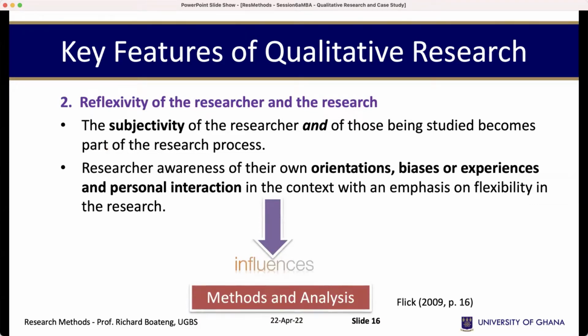Okay. The next thing is that you, the researcher, have to also be aware of your biases. We mentioned it right now. It means that the researcher should know, sometimes we tell the researcher to declare whether there are any biases he may have, or give us his background information so that we can understand whether he brings anything that can influence the type of study that he's doing. The subjectivity of the researcher and those being studied becomes part of the research process. So your reflexivity